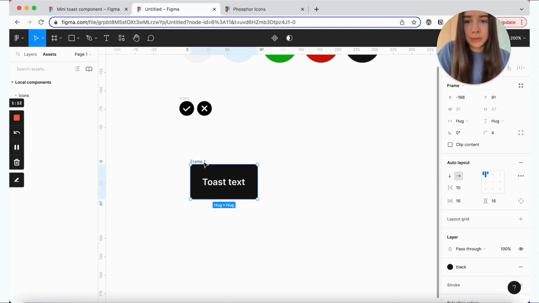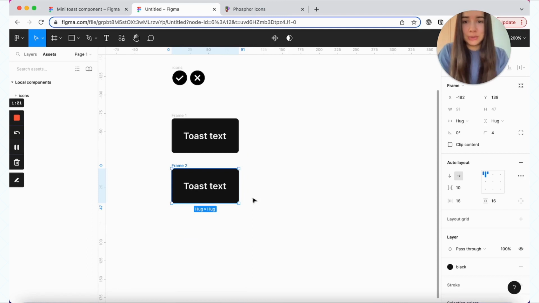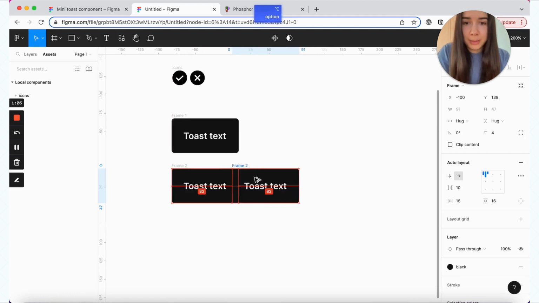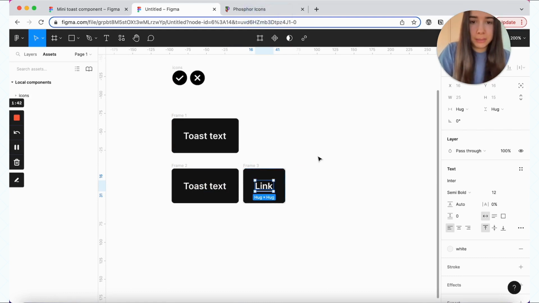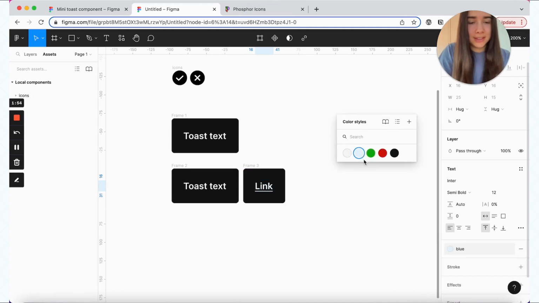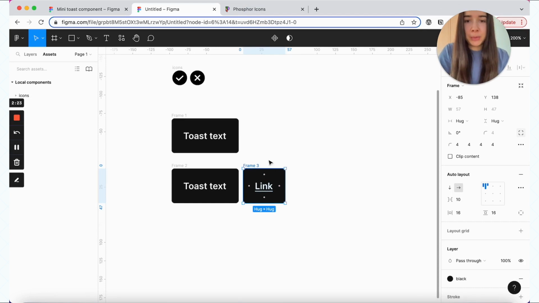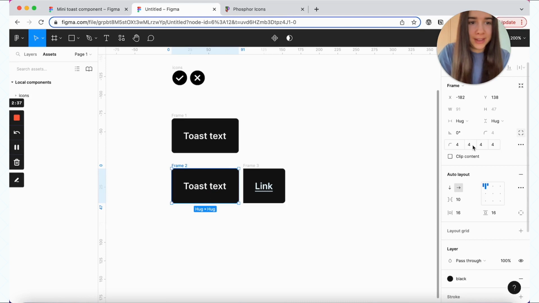The next thing that we're going to do is we're going to make a copy, and this one is going to contain our link. It's going to be our variant link. So I'll make one more copy, and this one I will say link. I also want to add an underline, Command plus U. And this one I'm actually going to change color from white to like this lightish blue. And then from here we want to remove the border radius from the left 2 corners for the link, and then from the right 2 corners for the text.